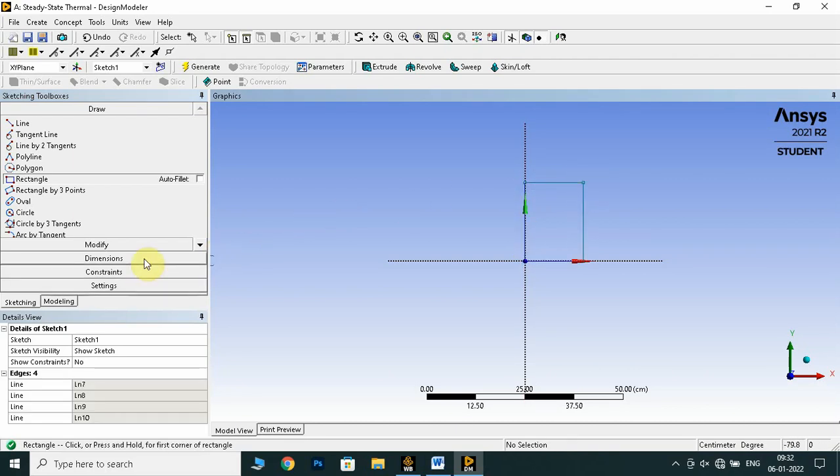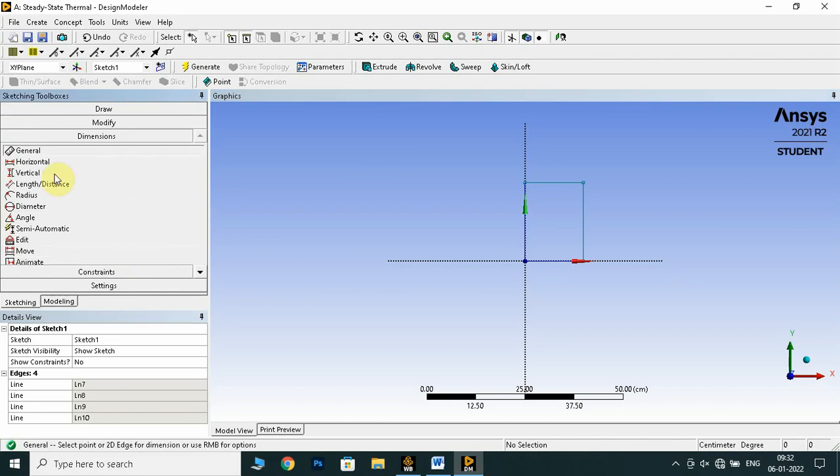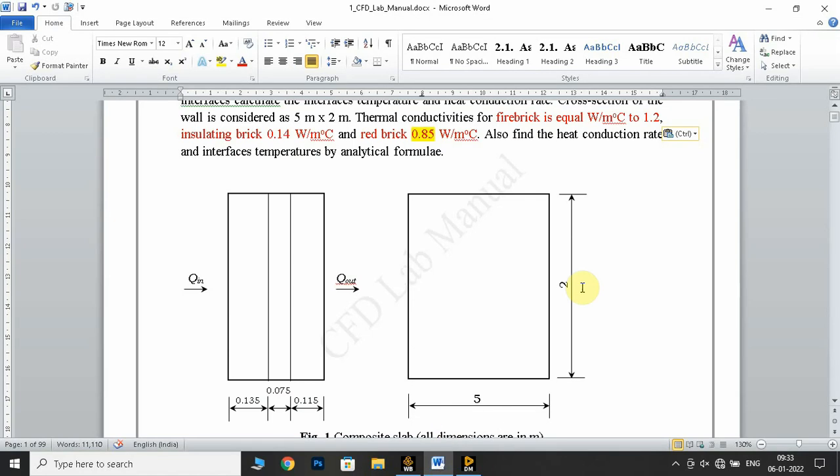After drawing this, in order to edit the dimensions, you have to go to the dimensions, general, and we normally select H1 and V1. H1 means horizontal one, V1 means vertical one, and in order to give the dimensions, you have a details view box here, and this is H1.